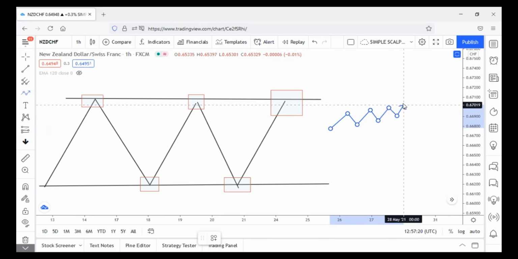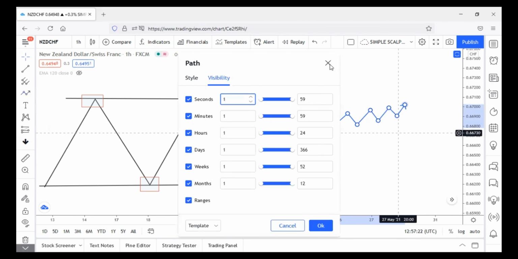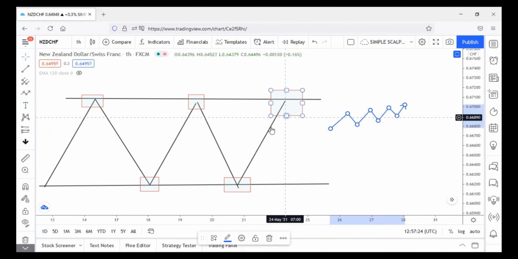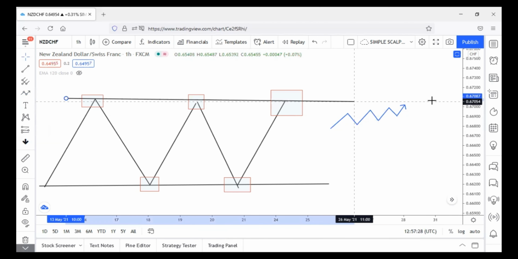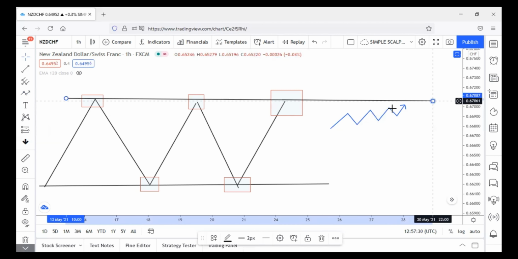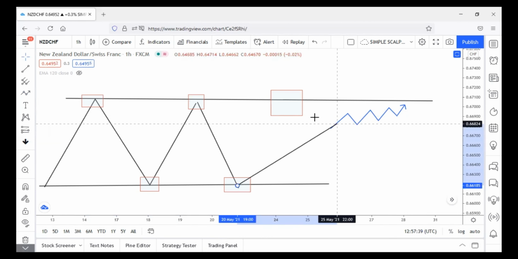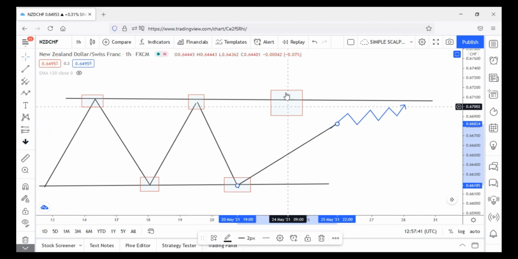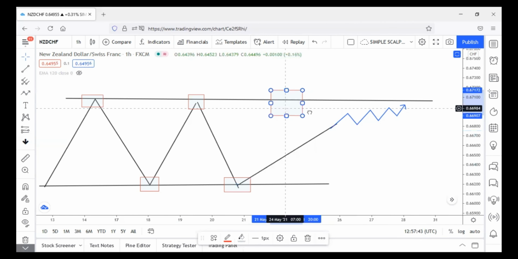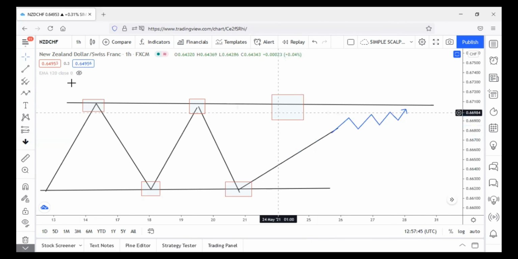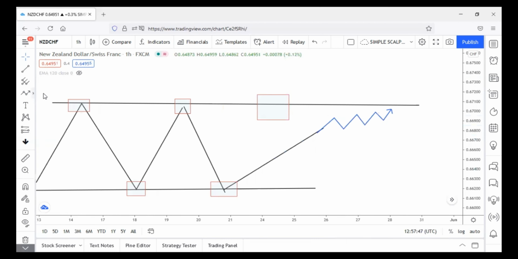You want to be able to see something like this within this area, as price is approaching this level. You want to be able to see something like this,